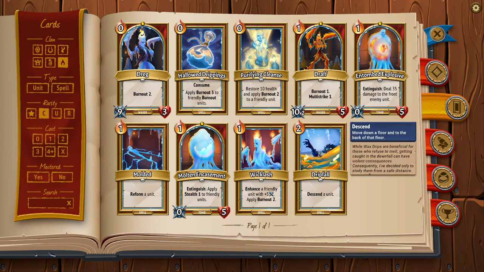Still a decent spell, much more valuable if you are aiming for a good score, because this card can do a lot in terms of score for you. For one, against flying bosses, you can control their movement a bit better. So if you have a high damage floor, you can descend them to your high damage floor with Dripfall, so they take the damage again,